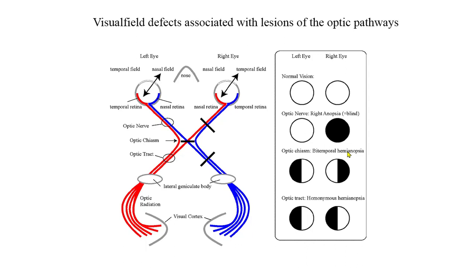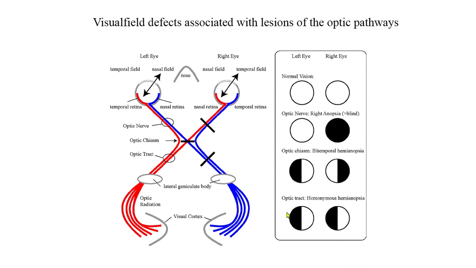The part of the visual field that is lost depends on what part of the optic nerve has been damaged. If the optic nerve is damaged before the optic chiasm, vision is lost from the eye on the same side of the lesion, as none of the fibers have crossed over yet. However, if the optic nerve is damaged after the optic chiasm, visual field loss occurs on the opposite side of the lesion. For example, if the right optic nerve is damaged after the chiasm, the left visual field will be